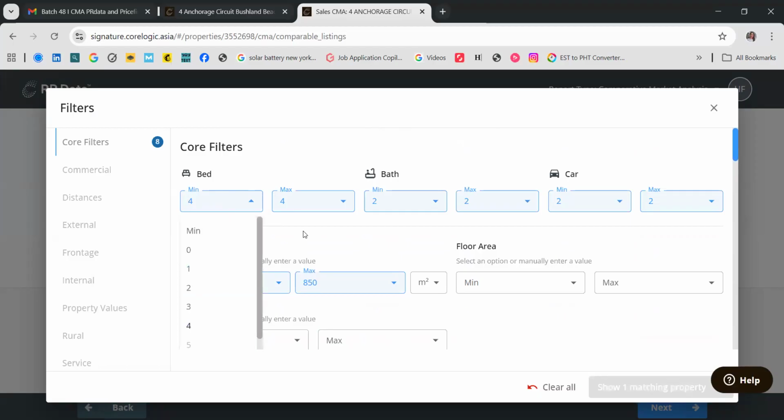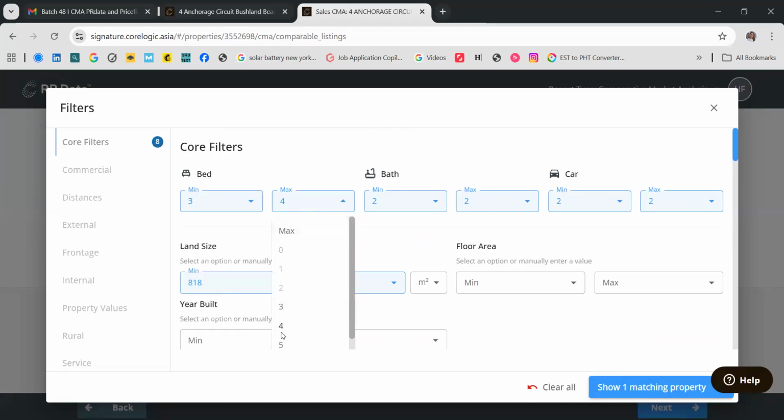So for the attributes, this has 4 beds. Minus 1, so 3, plus 1, that's 5.